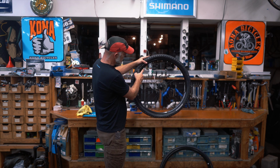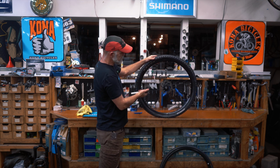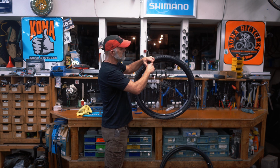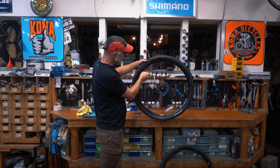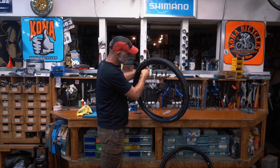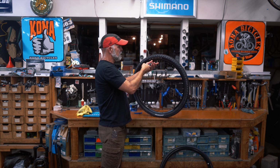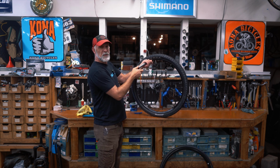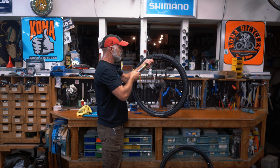So for that, on this Presta valve, you wanna make sure your nut is undone there. Sometimes it's not a bad idea to tap it to make sure it's not stuck closed. And then in this case, this pump has a little hose that comes out, which is handy. Keeps you from bending your valve stem. But I'm gonna stick this on there and then lock it on. And then pump away. Like I said, in this case, I would go for like 50 pumps and then I would check the pressure, do another 50 pumps, but